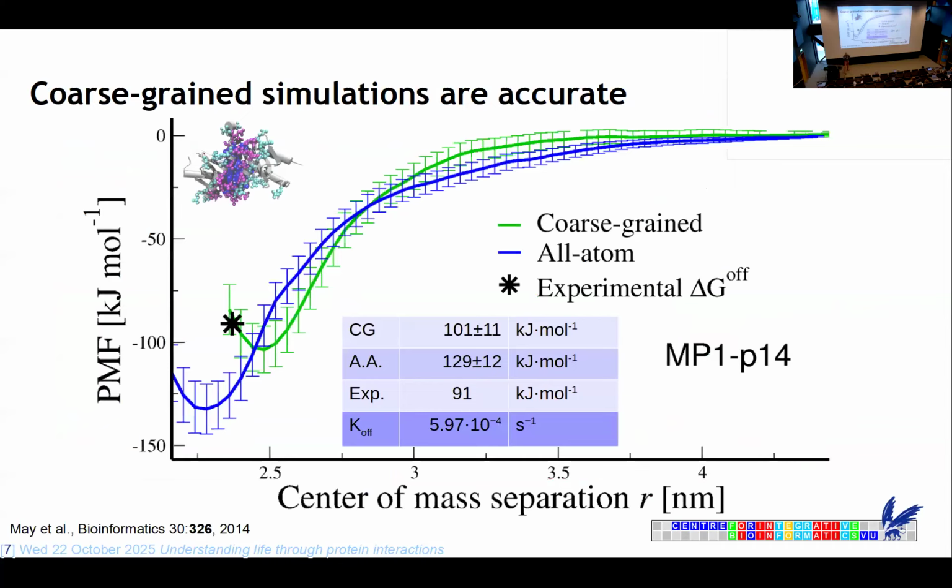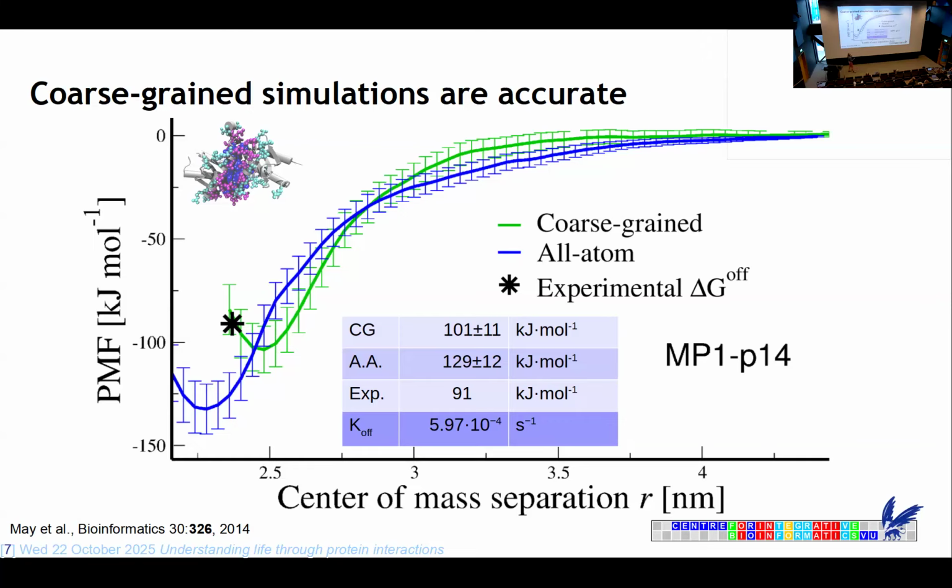Okay, so this is what you get if you do molecular dynamics simulations on a complex of MP1 and P14. I have no idea anymore what they do, I wrote a paper on this some while ago. It's a nice one, it's very small. You calculate the forces as a function of distance. You integrate the forces. You get the potential of mean force, which is an estimate of the free energy of